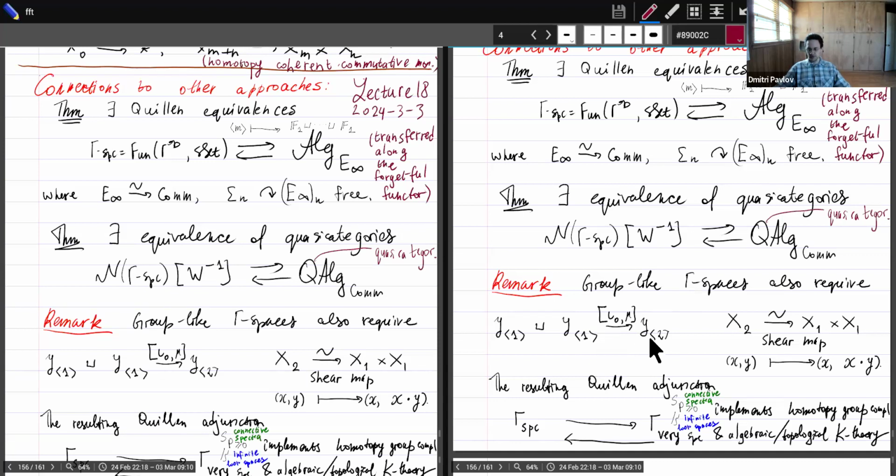And how can we express this in the language of presheaves and left Bousfield localizations? Well, one way to express the fact that multiplication is invertible is to require that the so-called shear map, which sends a pair x, y to the pair x, x times y,